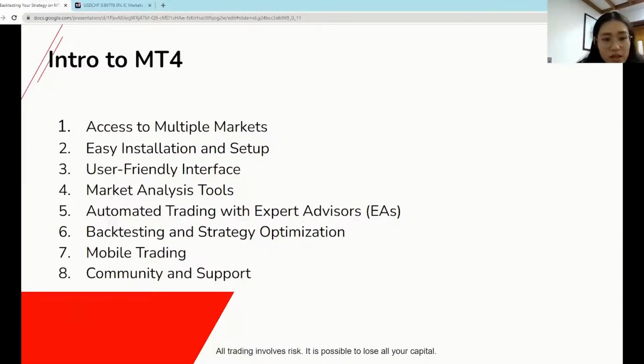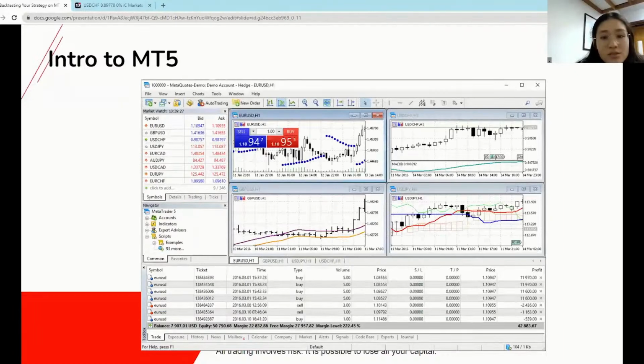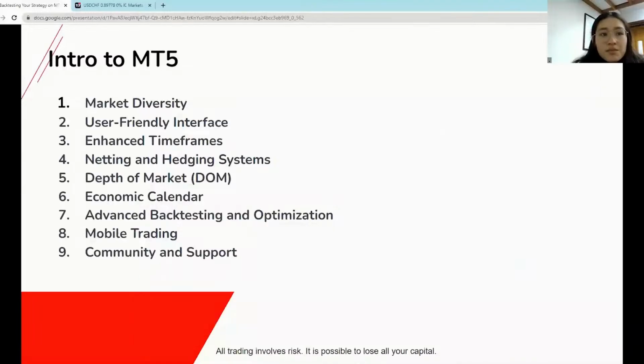Okay, next, let's take a look at MT5. Here is the interface for MT5. You can see it's pretty similar, but there are just a couple of differences that we'll mention in a bit. So here are the characteristics of MT5. You can see there are a couple of similarities,